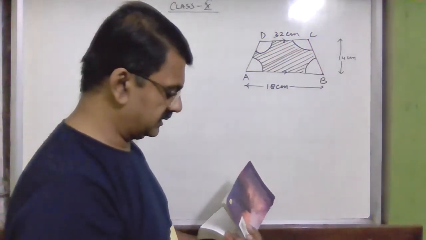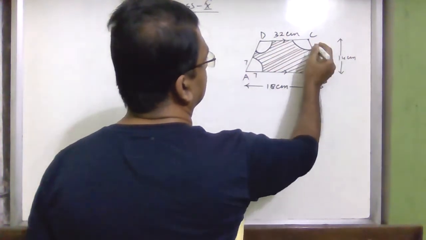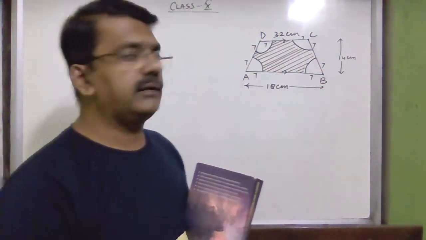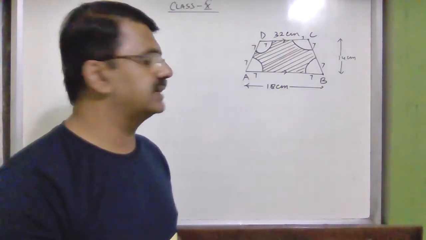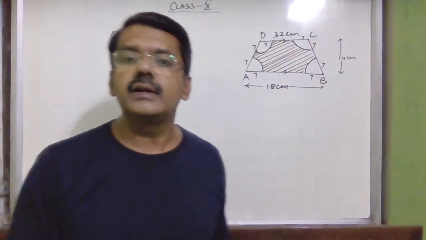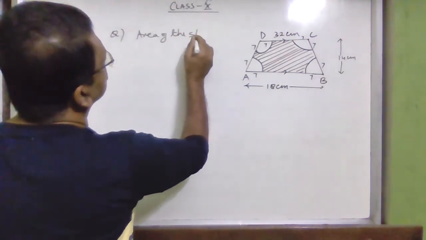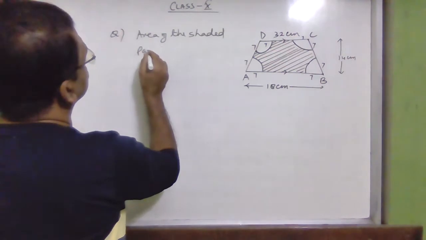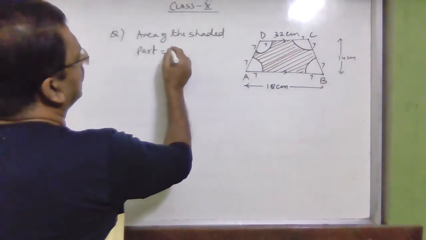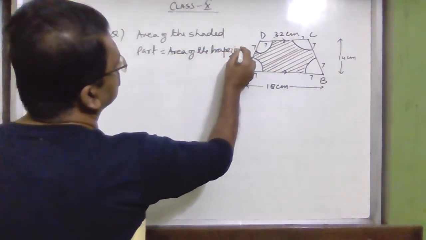Now see, it is given that the radius is 7 centimeter. All radii are 7 centimeter. To find the area of the shaded part, from the area of the trapezium, we have to subtract the area of the 4 sectors. So, area of shaded part is equal to area of the trapezium minus